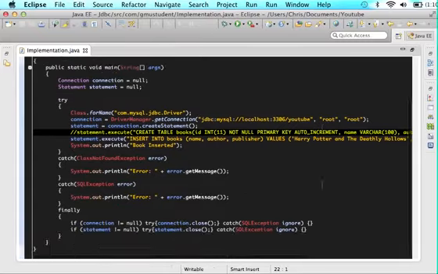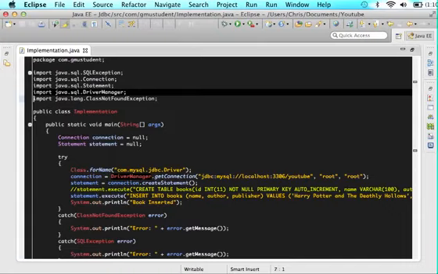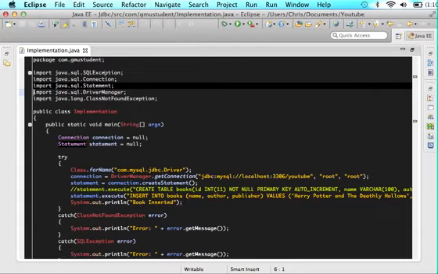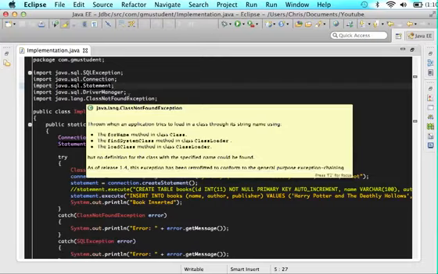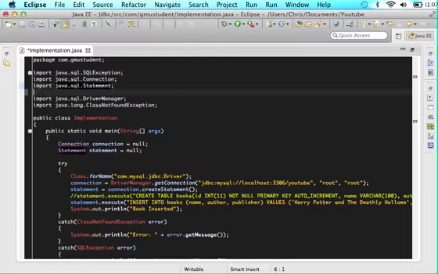One of the first things we are going to do is import something new. If you remember, besides the exceptions, we have connection, statement, and driver manager. Connection and driver manager help us establish that connection, and statement is what we use to write that statement. Just like how connection has a little help, now we're going to give a little help to statement. Anytime you want to get information from the database into a select statement, you are going to have to import this. So type import